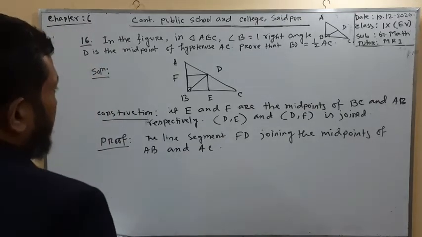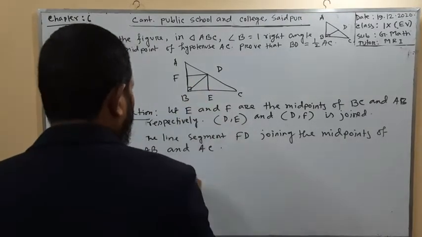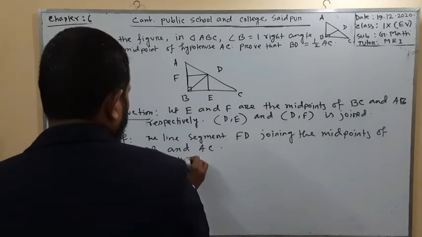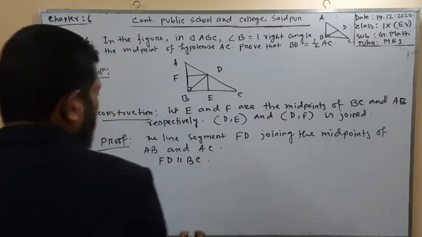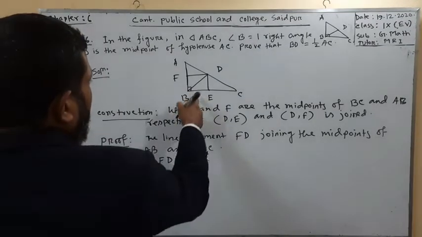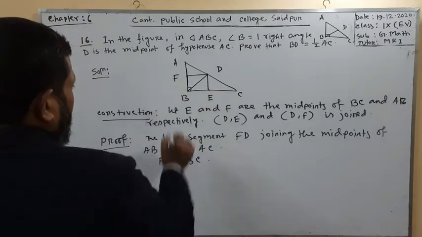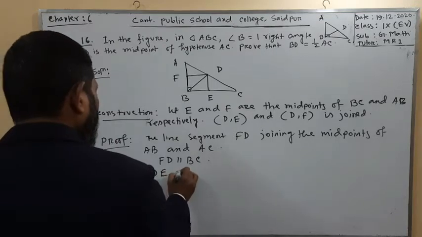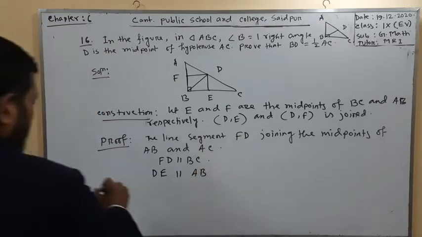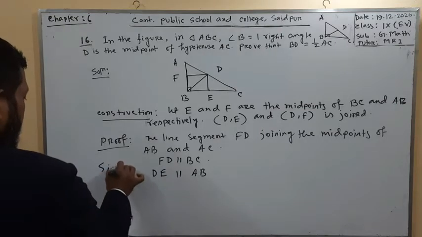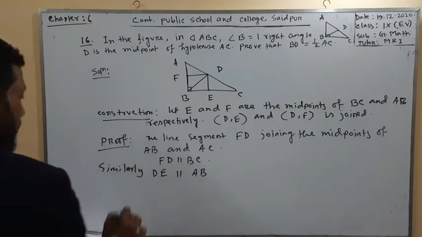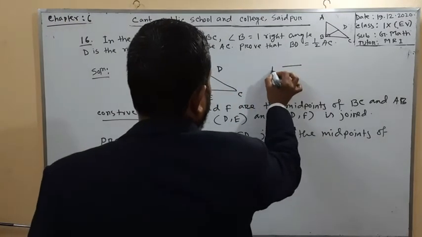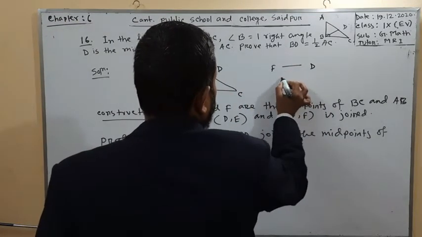So we can tell easily FD is parallel to BC. Similarly, we can write here DE is parallel to AB. Similarly, since here FD and BC are parallel,